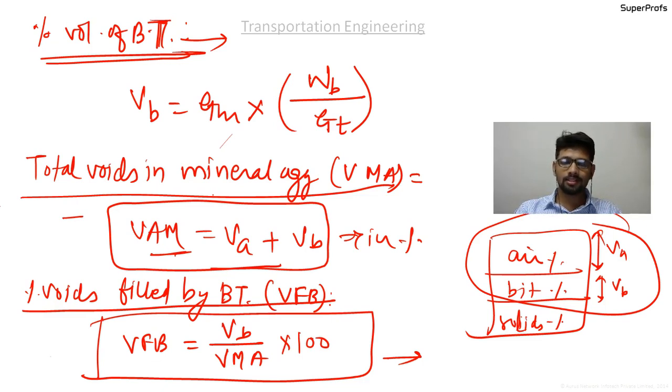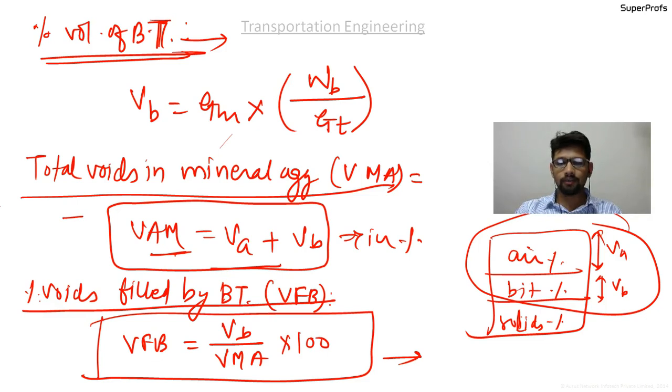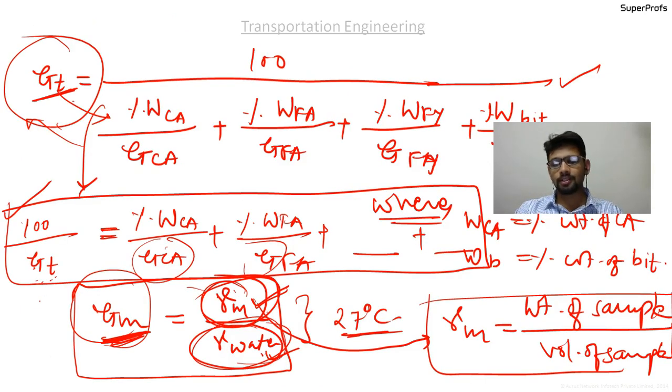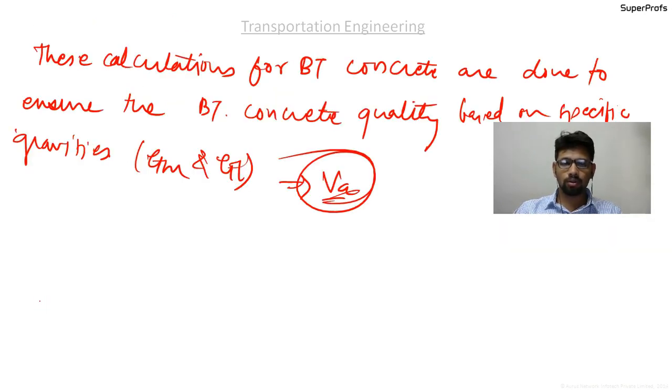In the next lecture what we will be doing is the Marshall stability test, the apparatus, and a brief description about it. Once we go for discussion on the Marshall stability test, you will get more understanding on this. And as far as these equations are concerned, once we take the numericals, you will get insights on this. We will be taking up numericals on the bitumen concrete calculations, and then we will go for the Marshall stability test and how to decide the optimum amount of various constituent materials.